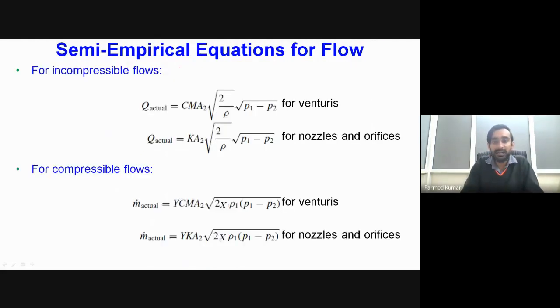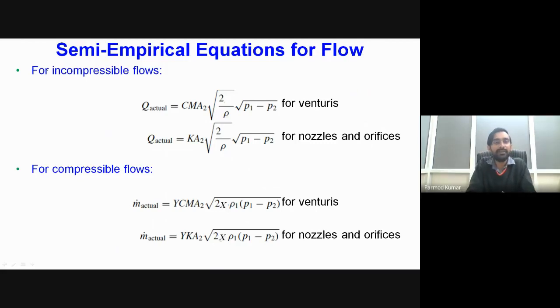Now, as I have told you, the actual flow rate cannot be directly obtained from the theoretical correlations we have derived, because in the theoretical correlations we assumed inviscid flow, whereas in actual practice there will be some viscosity, and moreover the obstruction also creates certain permanent changes in our flow field. Because of that, we have to multiply with certain factors in order to obtain the accurate value of the actual flow rate.